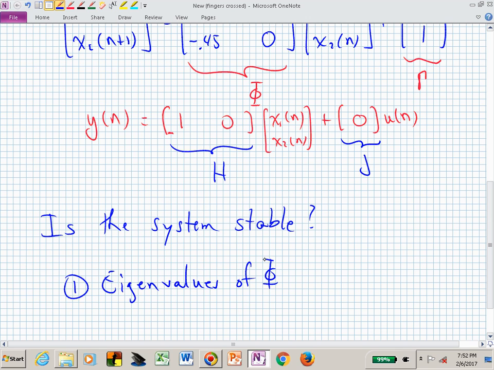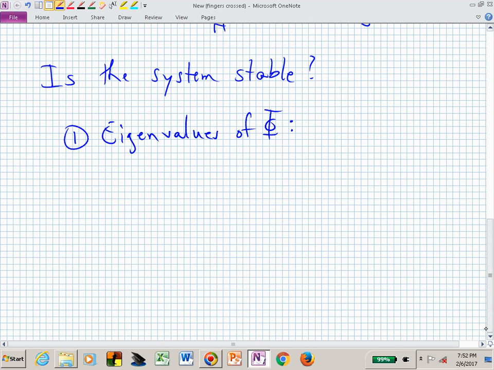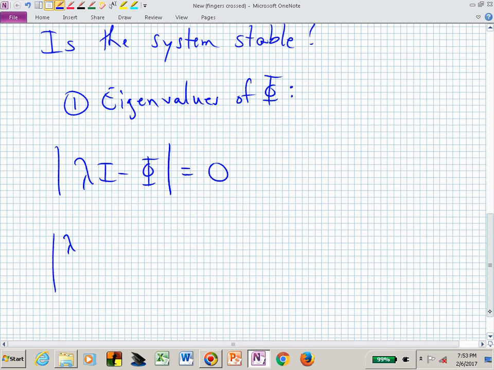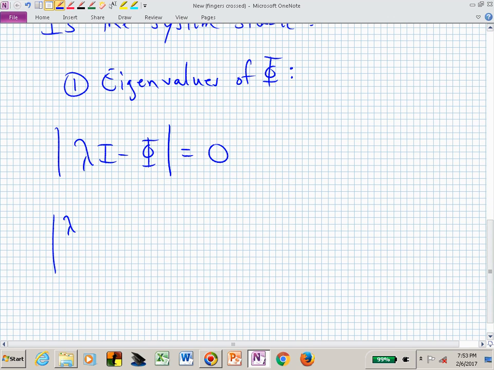The eigenvalues of phi I can find by looking at the determinant of lambda I minus phi and setting that equal to 0 and finding the values of lambda that cause that to be true. In my case, the identity matrix is a 2 by 2 matrix multiplied by lambda, and I subtract the phi matrix,